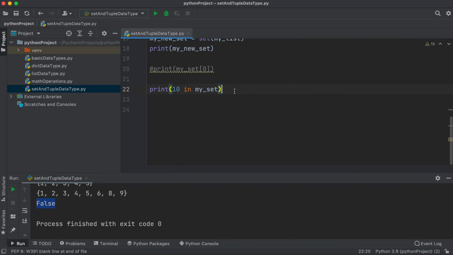And now let's talk about the tuples. Tuples are very similar to lists, as I mentioned, but they are immutable. That means you cannot change the elements in there. And when you create tuples, you use the parentheses. So for example, I create a tuple